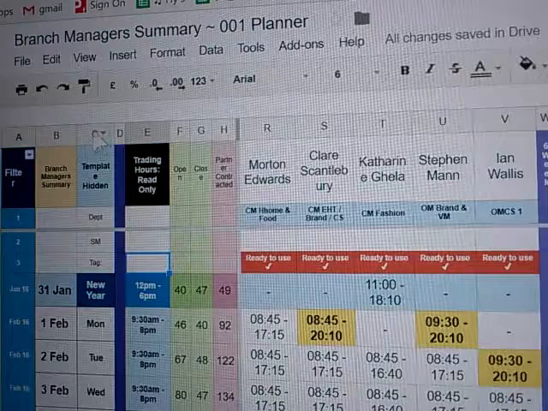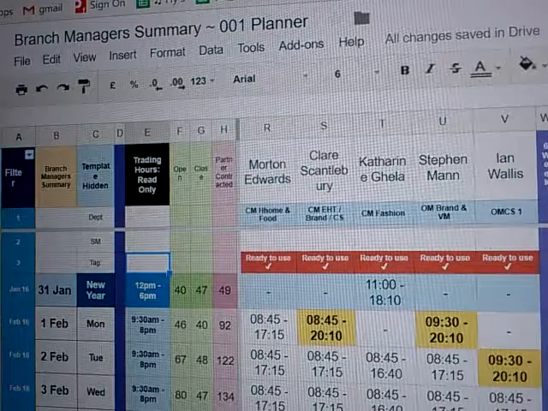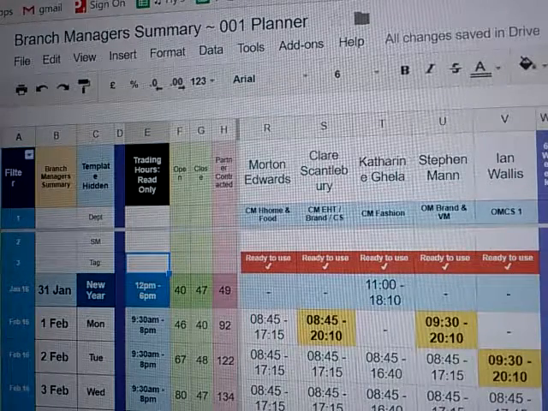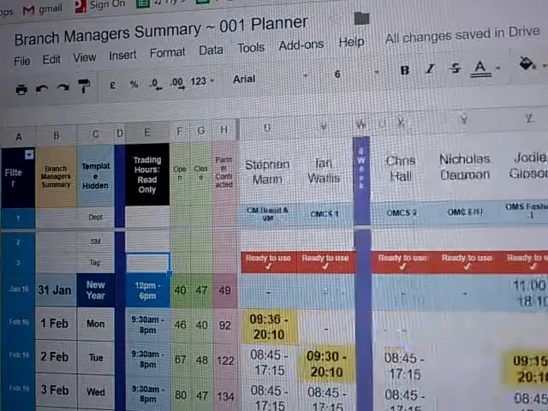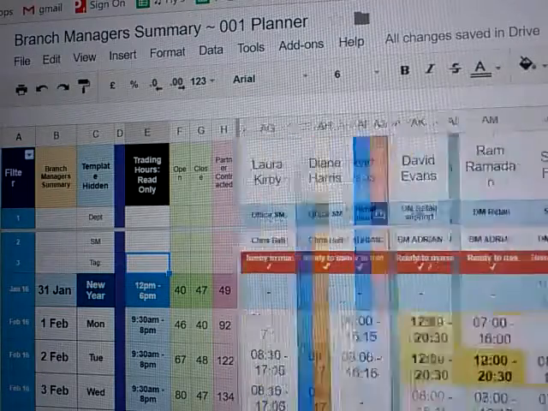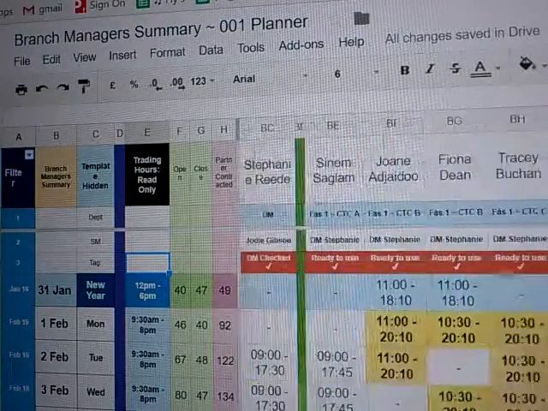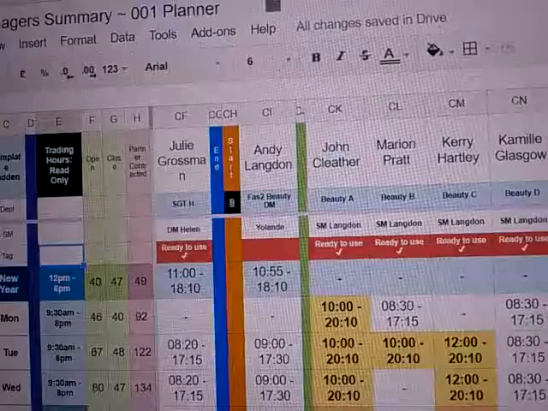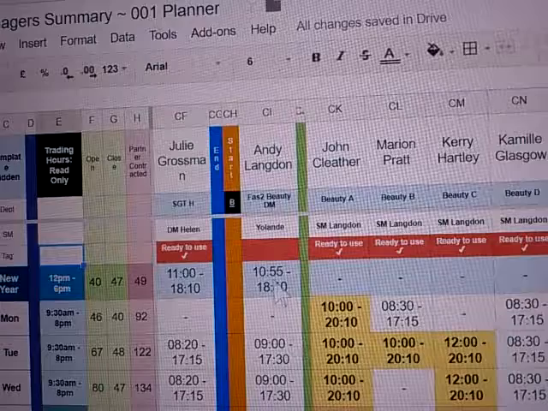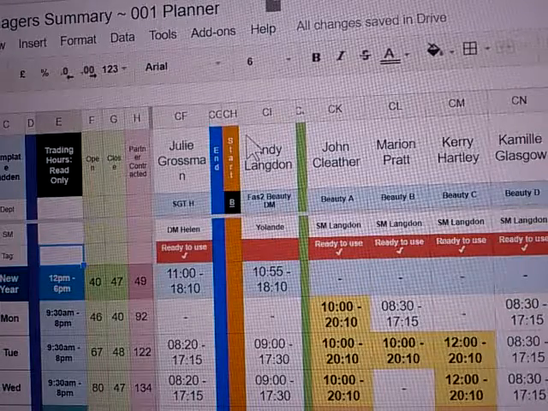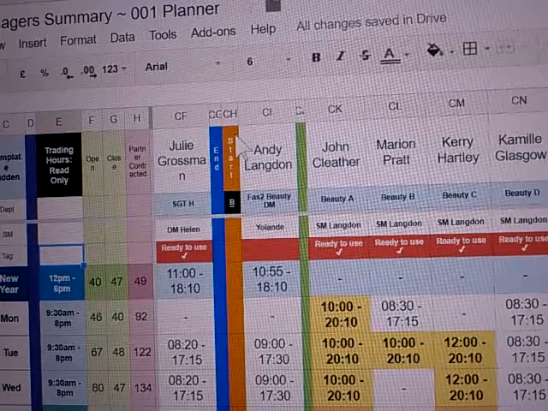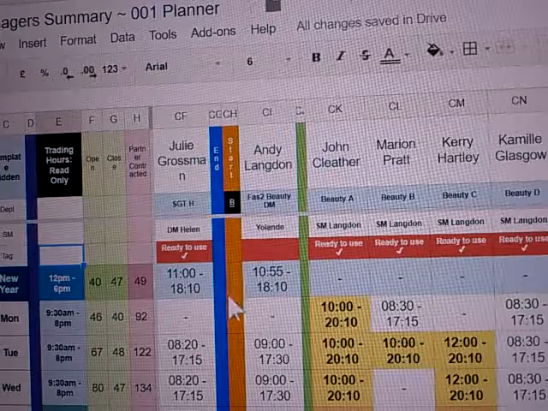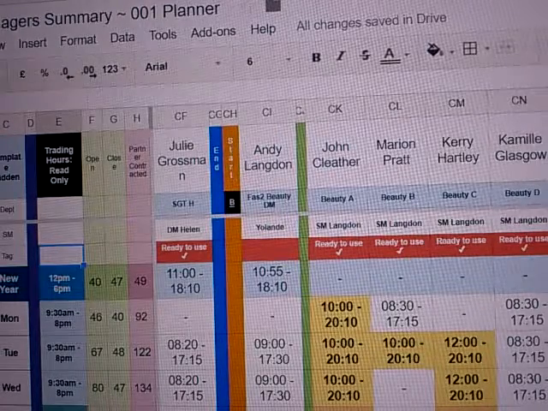So the branch manager summary is completed. I'm going to show you how it works. Literally every name that you see on the listing is lifted from another planner. The beginning of a spreadsheet which I lifted will start with an orange line with a start here, and